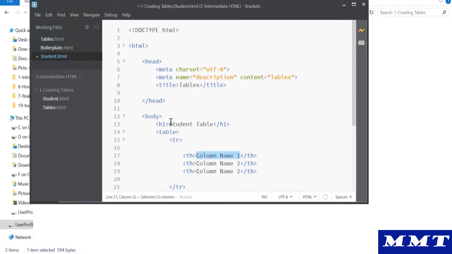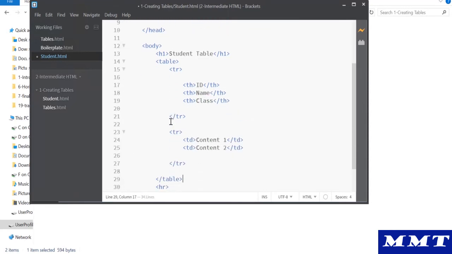We'll create 3 columns for a student: ID, name, and class. Okay, for the content, we'll create the user's content or student content, and then his class.